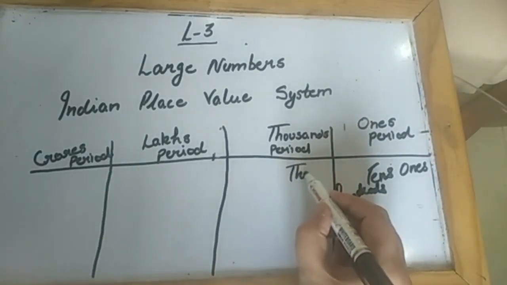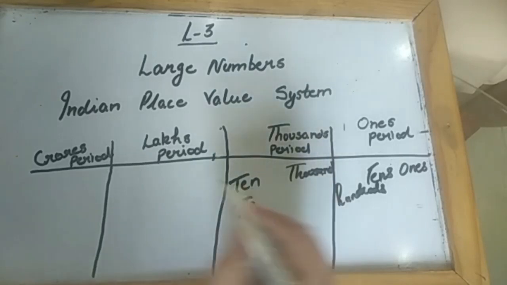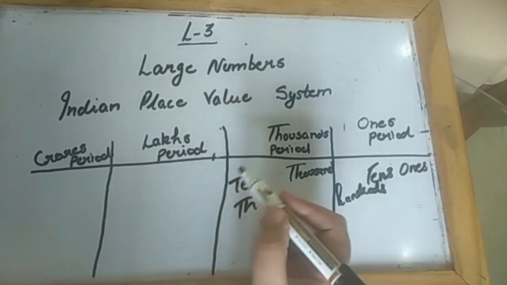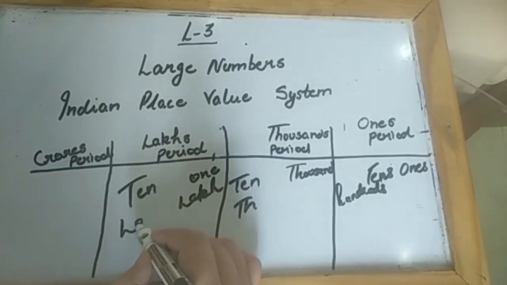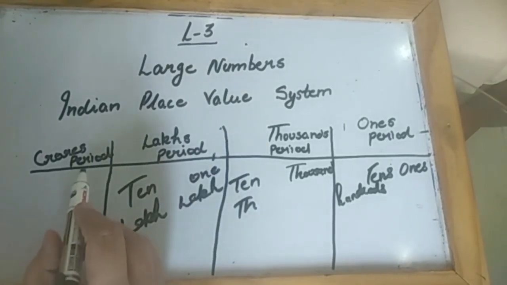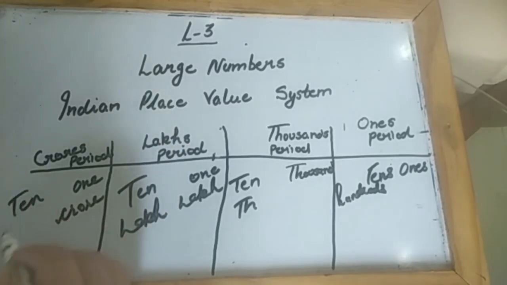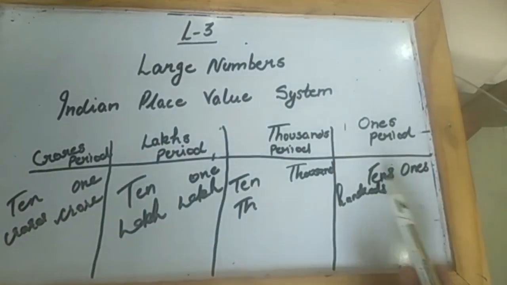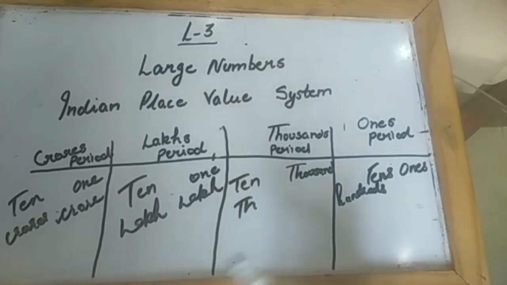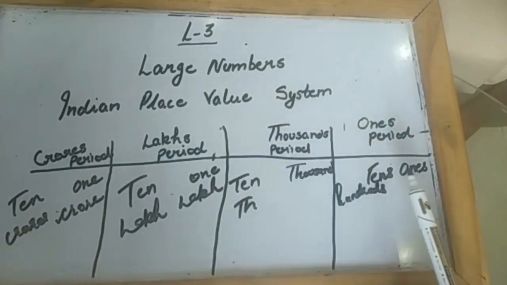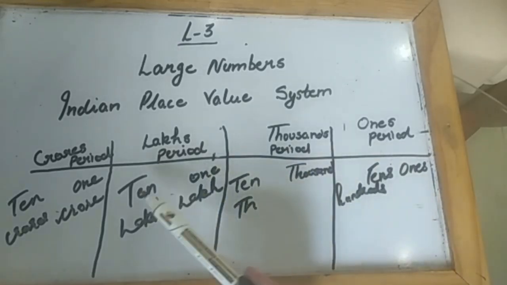In the thousands period we have 2 place values, 1000 and 10,000. In the lakhs period we have again 2 place values, 1 lakh and 10 lakhs. And again in the crores period we have 2 place values, 1 crore and 10 crores. As you can see, the first period has 3 place values, ones, tens and hundreds, and the rest of the periods have 2 place values. So the place values according to the Indian place value system are ones, tens, 100, 1000, 10,000, lakhs, 10 lakhs, crores